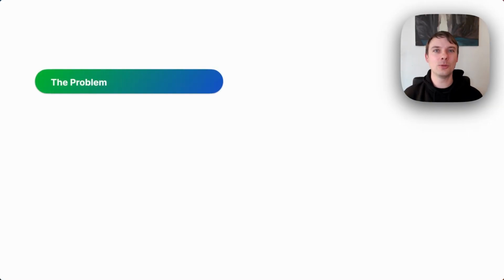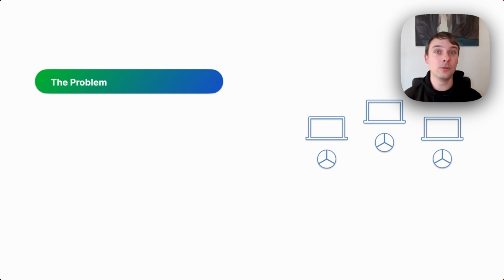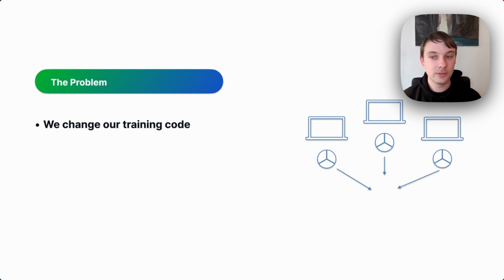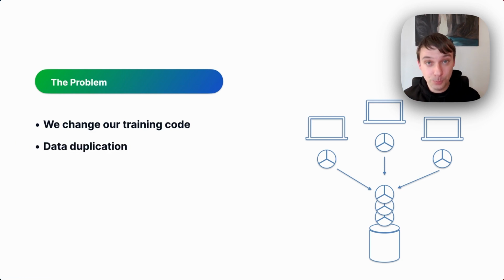Now, let's see what the problem is. Say that we have multiple people working on the same project. Now, each computer basically then stores the data that is used for our model training. Once these people actually work on the code itself, so they change the training code and they get different results, they also might want to try different data to test that model with. Now, basically later on we want to save this data somewhere, and what happens is data gets duplicated, which is